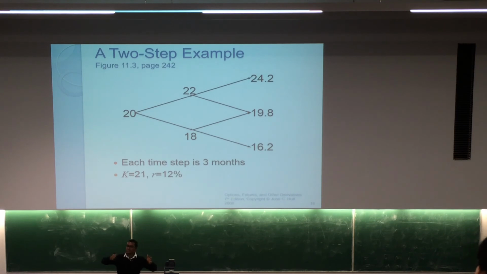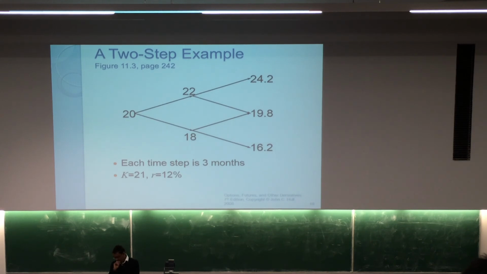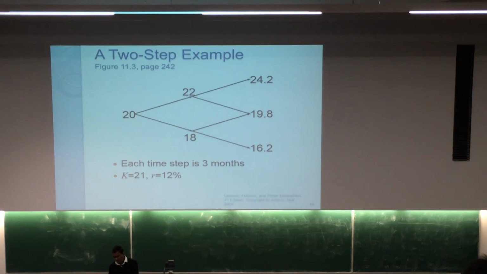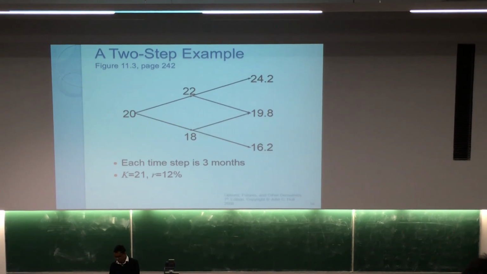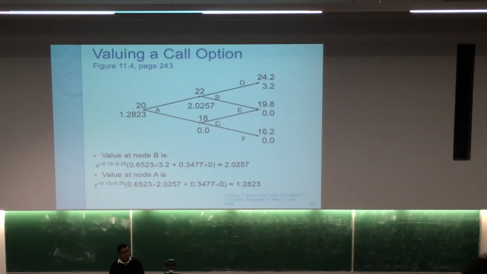Here, the stock price is going to change twice, and you can see that on the first occasion, 10% improvement, that is 20 can become 22, or down to 18. Again from here, 10% up, which is going to be 24.2, and down, sorry, 19.8, and again down is 16.2. And you can see the value of the option by substituting the numbers.